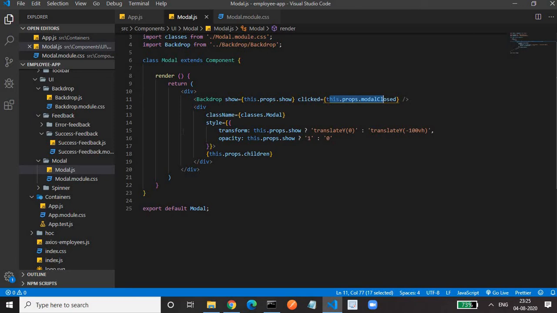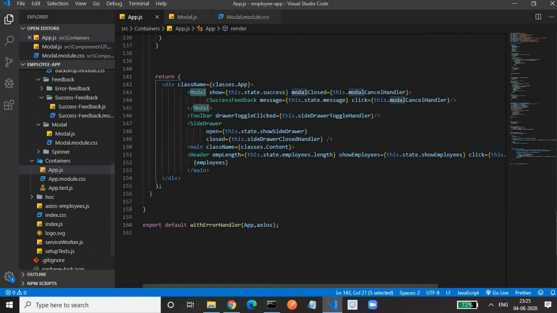Then in the modal, we have a div. In the div, we are showing this.props.children. So what is this props.children? We will go in app. Wherever we place the modal, within the modal we will place some content, whether it's normal HTML or any component. So I am giving a success feedback component, and that's why we are getting a success feedback when our operation succeeds. This is a success feedback component I have created. You can put anything here within this, and whatever you put, you can retrieve